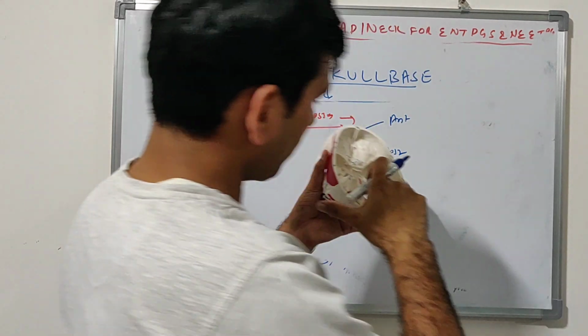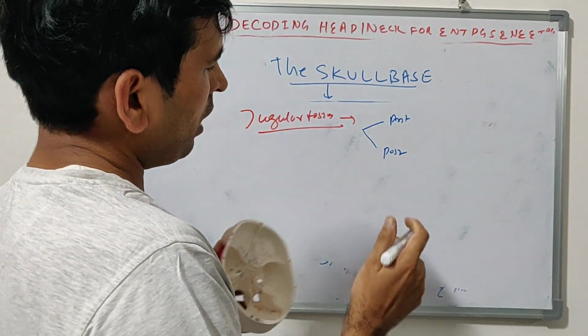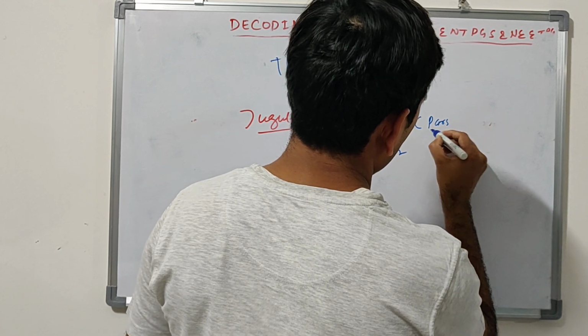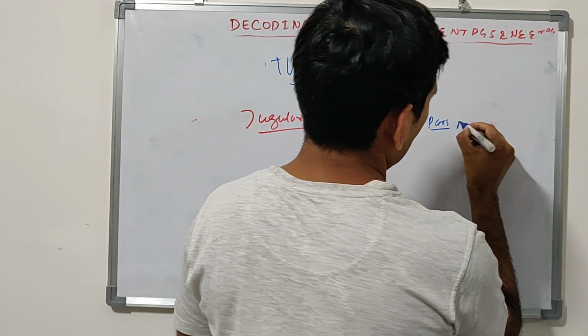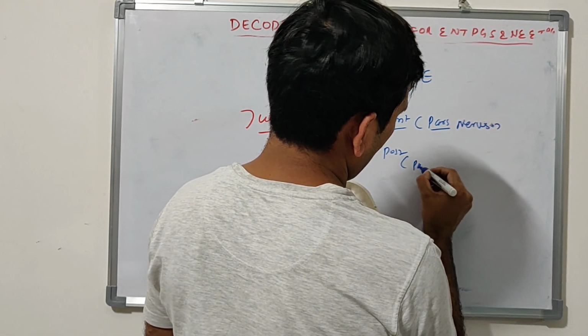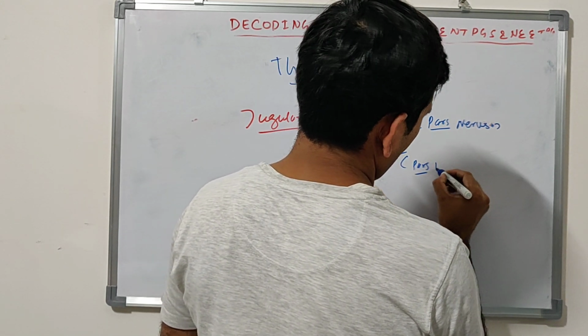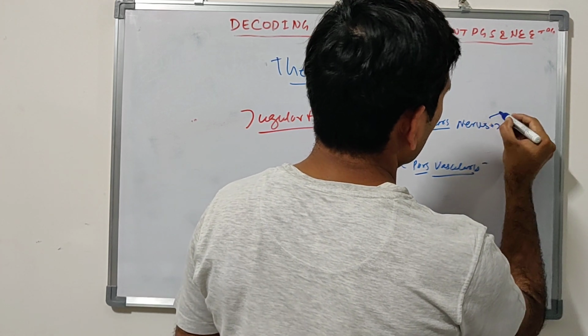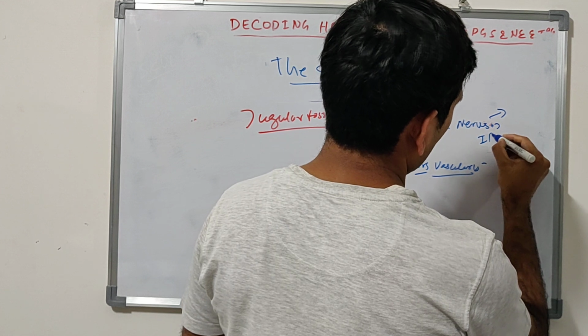The anterior part is small and is called the pars nervosa, and the posterior part is large and called the pars vascularis. The pars nervosa has the inferior petrosal sinus,